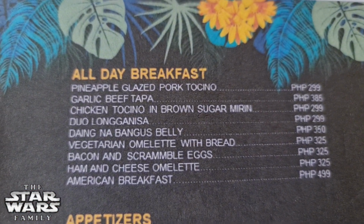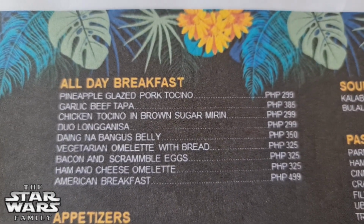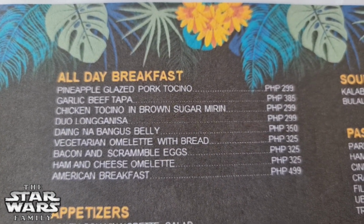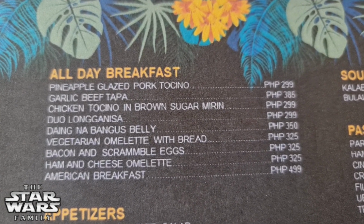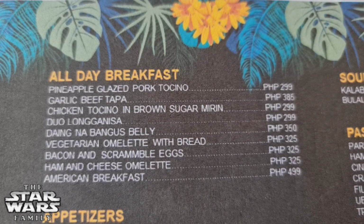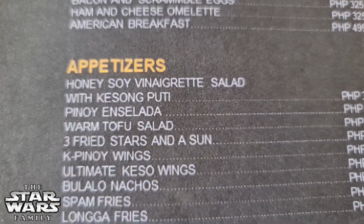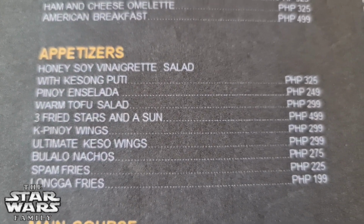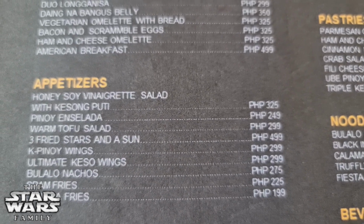Okay, guys, we're back, and we are going to take a quick jump right into the menu right here, and they have all-day breakfast. Super excited about that. So lots of my favorites: tapa, tocino, got even a chicken brown sugar. Gosh, guys, that all looks really good, and prices are still reasonable, guys. So let's take a look at their appetizers. Got some different appetizers going on there. Trying to get this camera to focus today,